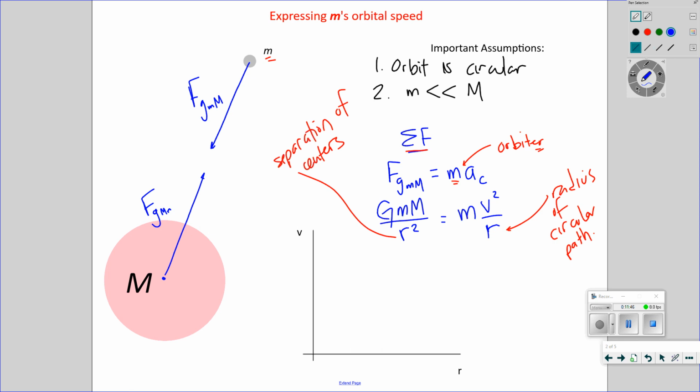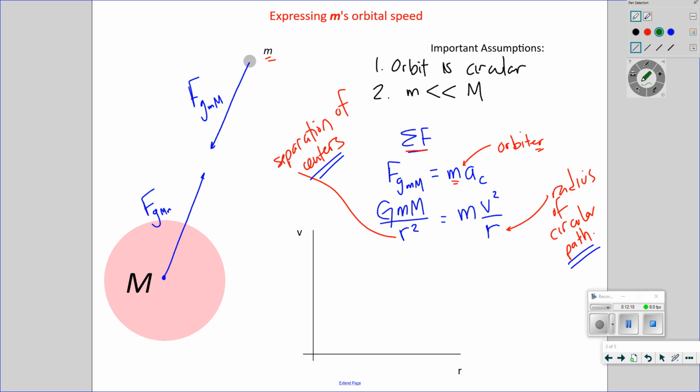So if the center of mass of the satellite-Earth system is at just about the same exact location as the Earth's center, then the Earth doesn't really move around that center of mass location, because the Earth's center of mass is at the center of mass of the Earth-satellite system. And then the separation of centers and the circular path radius are the same distance. Okay? Whew. If that doesn't work for you, what you can do is take that all with a grain of salt